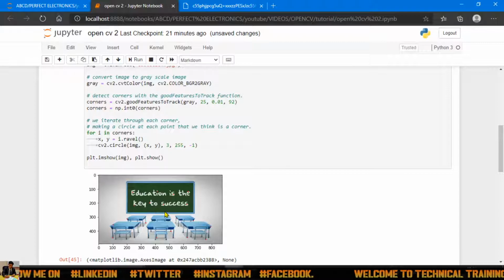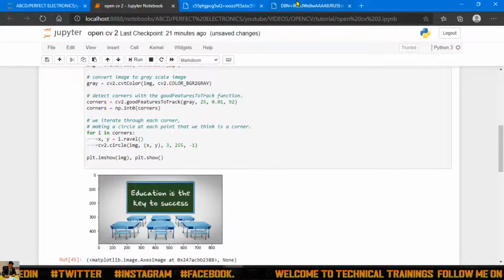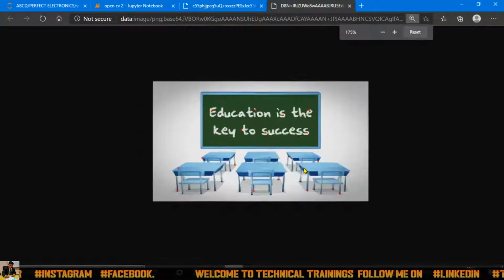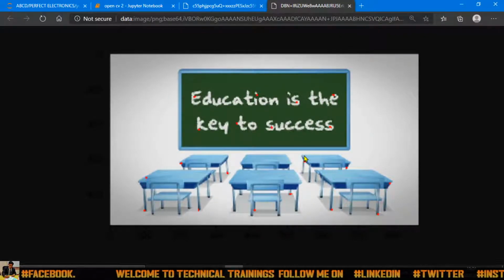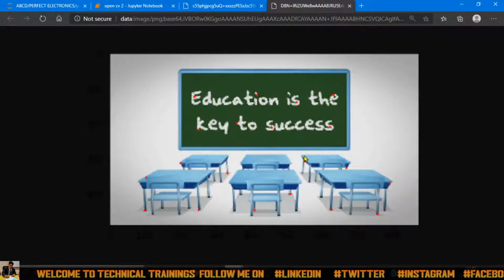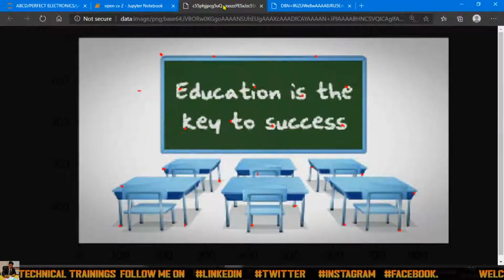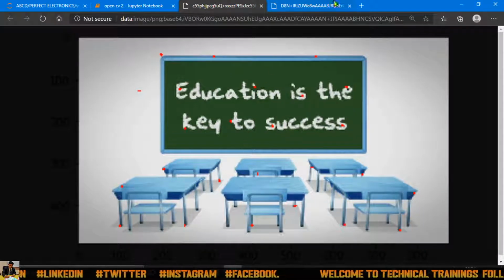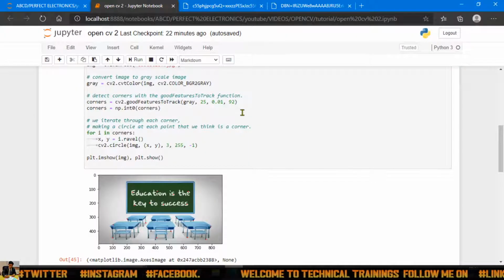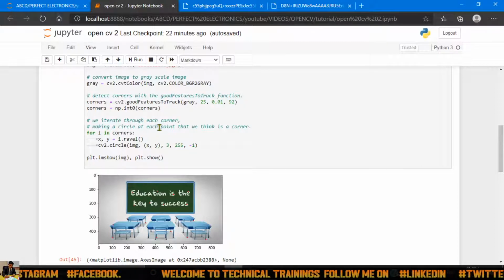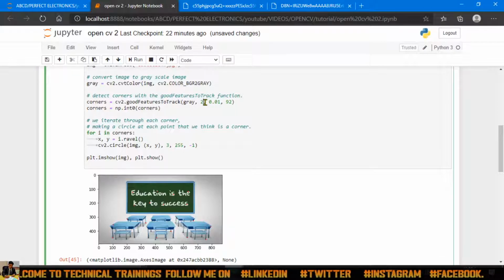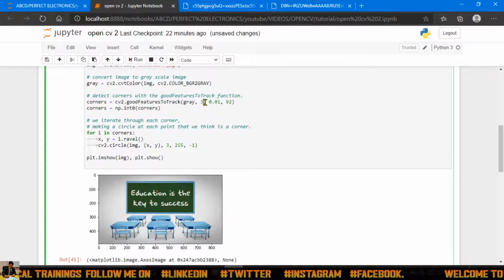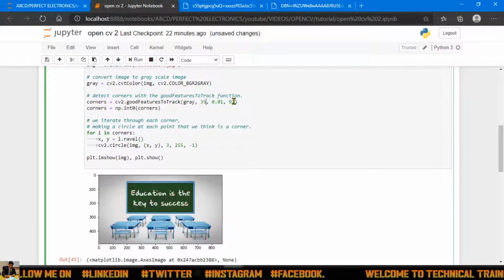Now can you see the difference between this image and this image, guys? The points are disappearing compared to the earlier image. You can see a slight difference between them. Now we will change this 25, instead of 25 I will write 35, let's see what will be the change, and here I will write 20.